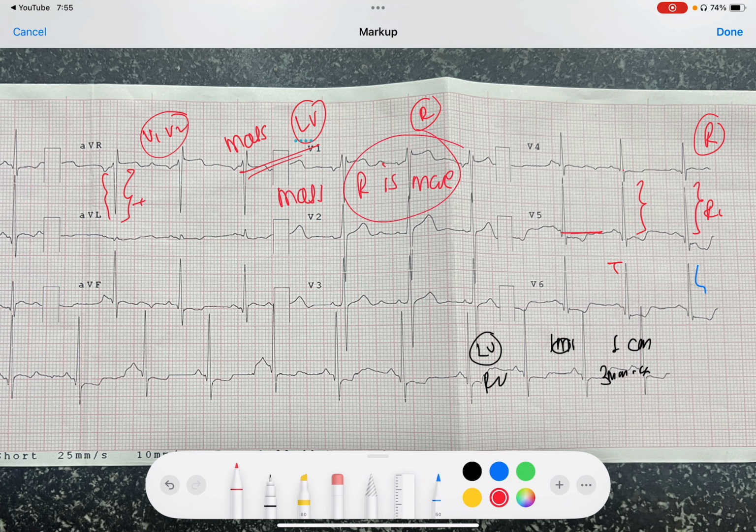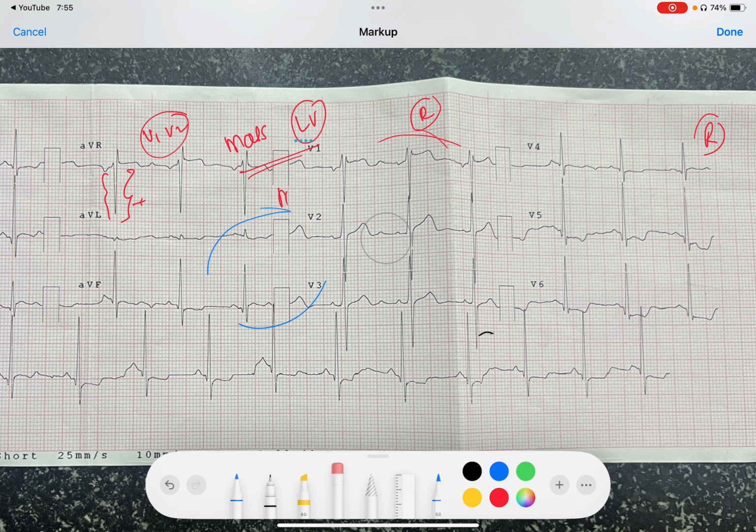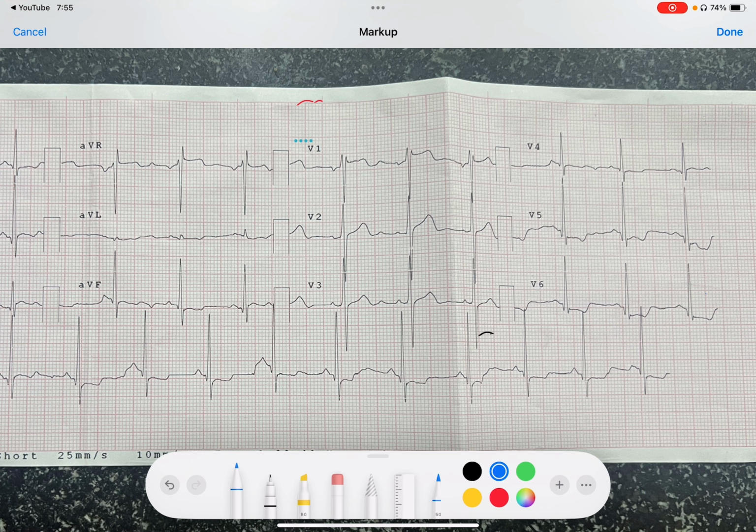But as mass is more, the blood flow is less because of any reason, that causes the presence of STT changes because of the poor perfusion, because of the mismatch, because the mass is more but the flow compared to the mass is less. That is the reason why STT changes are there. So we get very good R waves in young male or female patients as well, but there you won't get these STT changes.